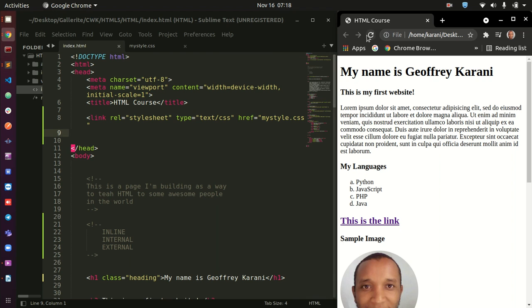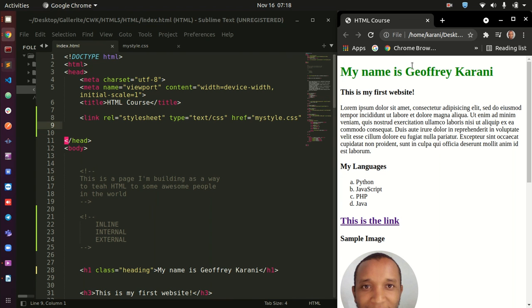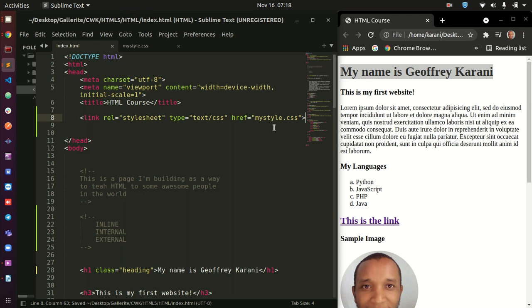Now if I go back here and refresh my file, you notice that the CSS has been applied to my header, and now it has turned green. Nice. Now you need to close this like that, because you notice that here this one is complaining, it is highlighted here. It is because we have not closed that, so don't forget to close that.